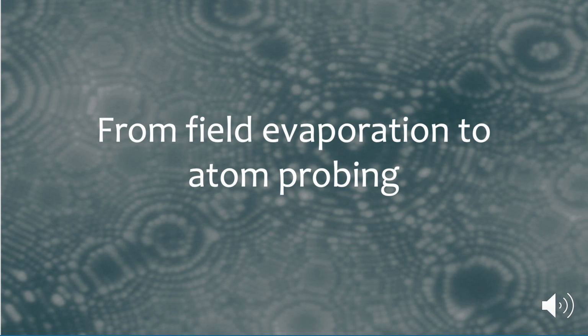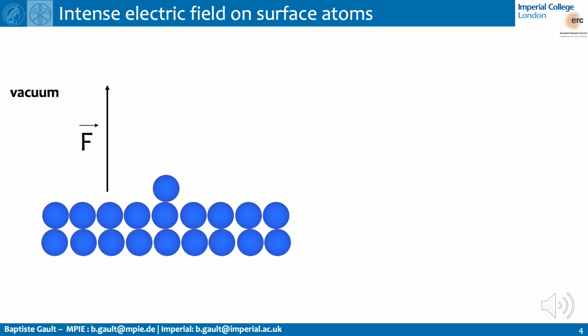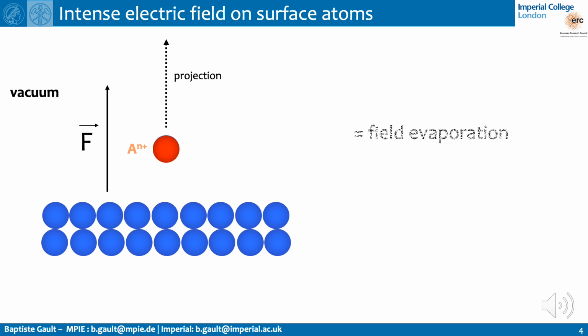We will first start with going back to some of the basics of how the atom probe works. If we consider an atom on the surface and we apply a high field, through the application of a high electrostatic potential, for example, the field can be sufficiently high that the atom on the surface starts to desorb and transform into an ion by losing some electrons. The ion in the electric field will be accelerated and be projected away from the surface. This combination of field-induced desorption and ionization is known as field evaporation, and this is the physical process that underpins